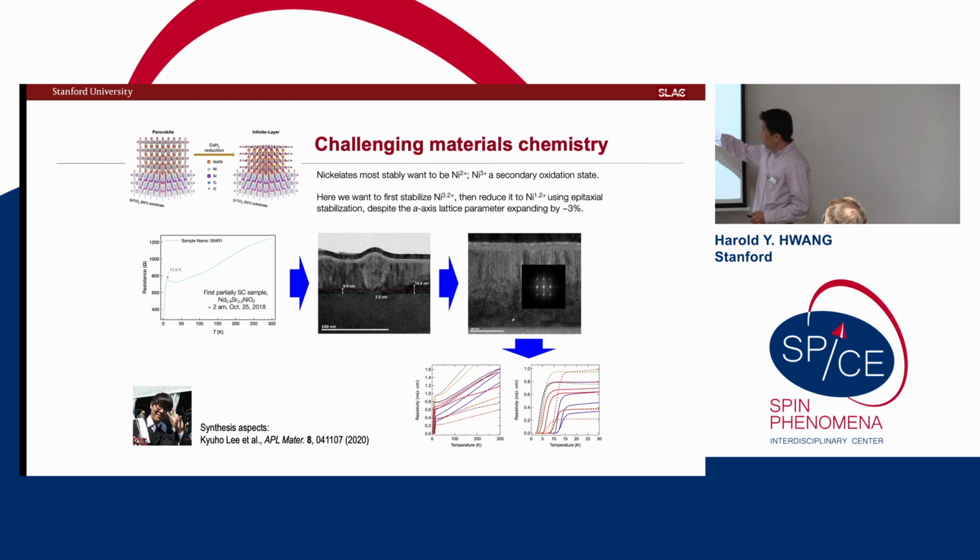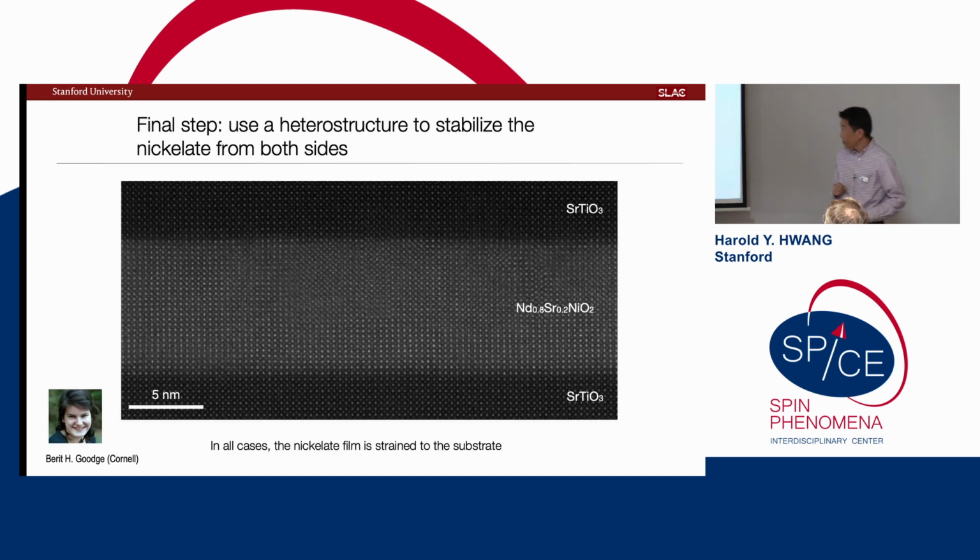But this hint that was already observed, by the way, before we had done this, that there's a proximity effect with respect to the substrate, was rather interesting. It seems to give you a director to say this is the plane orientation of oxygen to deintercalate. So the final step for us was to then take this proximity effect on either side of a sandwich of this material. So for a while, this was kind of a typical sample that we studied. We have this proximity effect, as I told you. And so the maximum single crystal thin films we can stabilize is about 100 angstroms, maybe 150 angstroms. So that is a big limitation, of course.